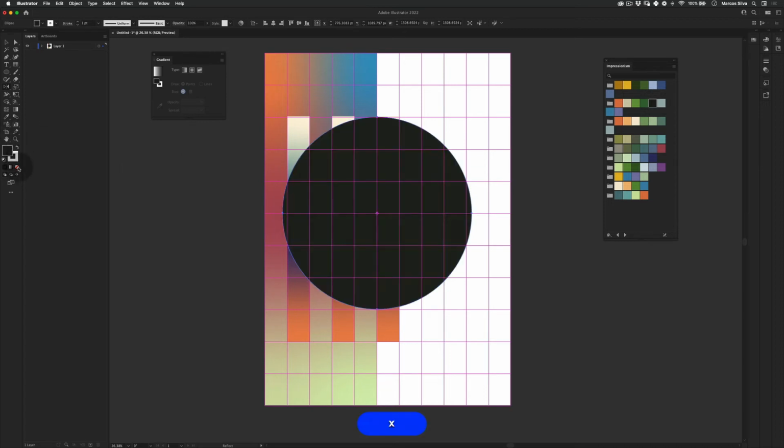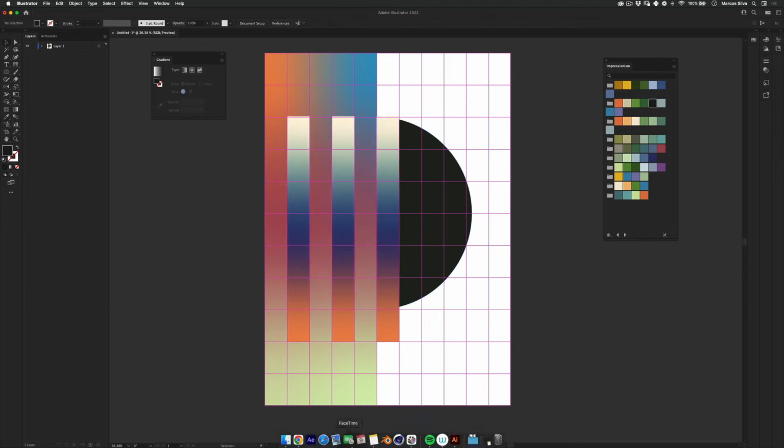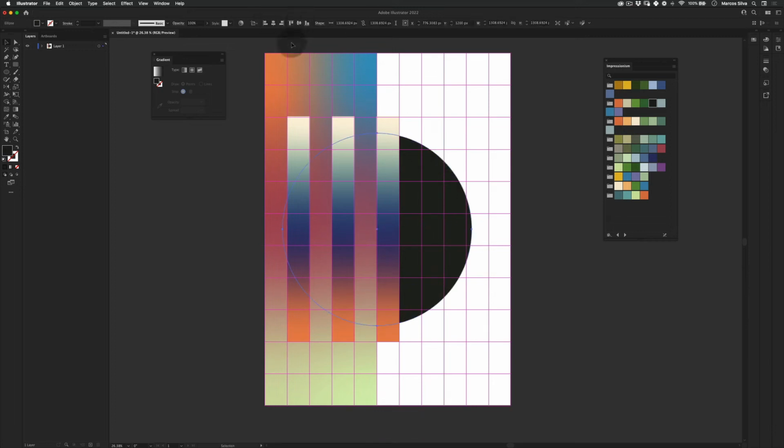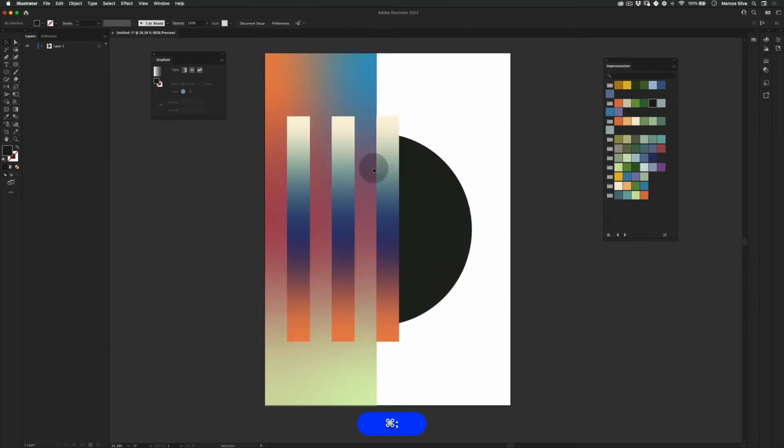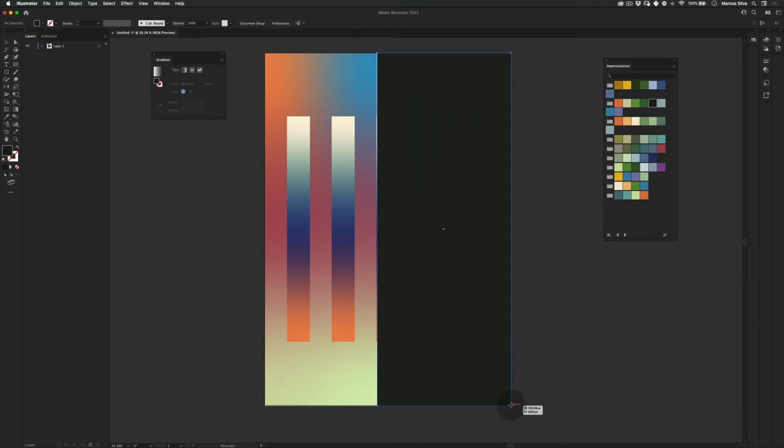Maybe I will make this go and then no, I will make that and then I'll push this backwards. I leave it there. I'm gonna center this in the page. Going to make a new rectangle here. Gonna probably make it